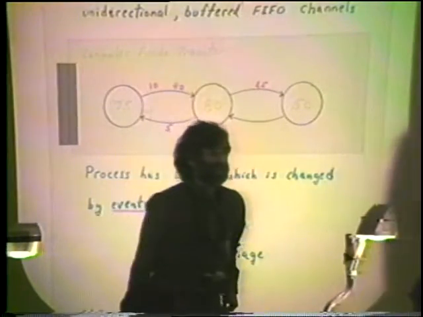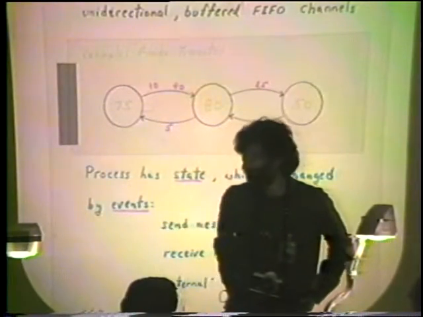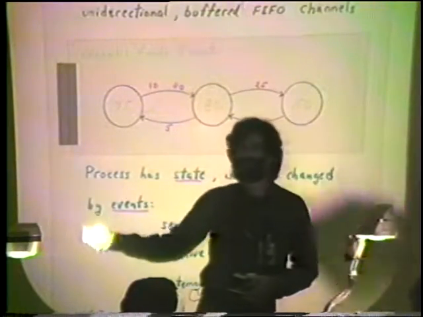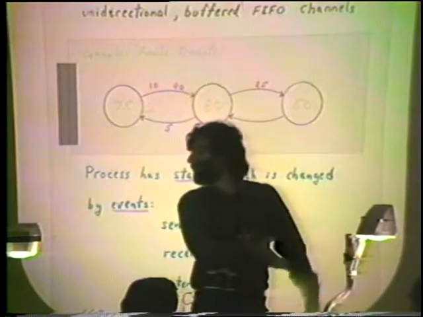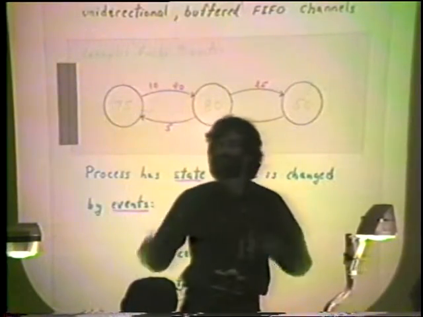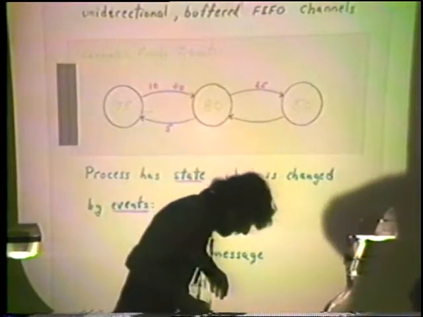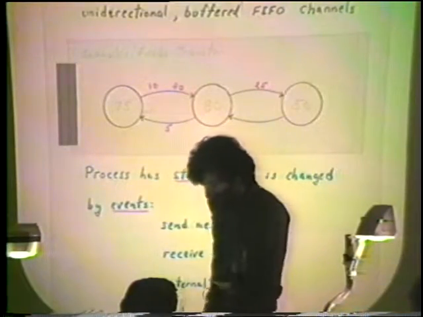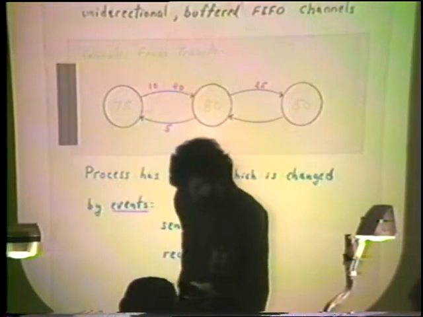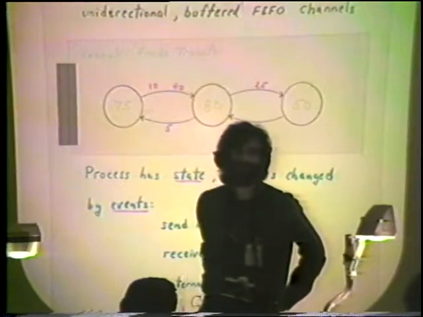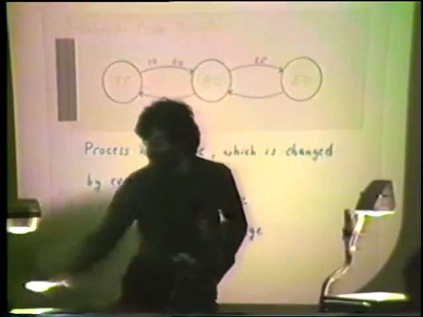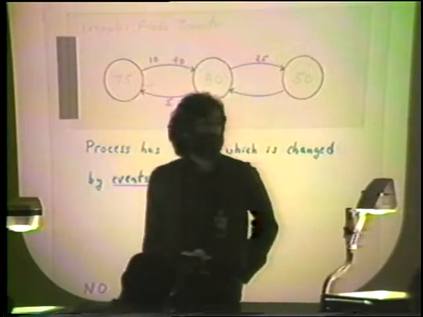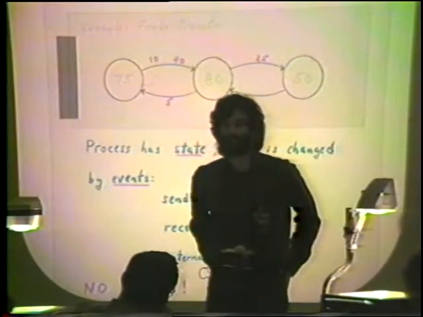And the question is, how do you do that in such a way? Clearly, you can't take a snapshot that was taken yesterday in New York and one that was taken 4 months ago in San Francisco and put them together and expect to get something meaningful. So how do you do this? It's a problem of synchronizing these photographs. There are a number of real-life problems that can be solved if you can take pictures like this. The example I'll be giving is, of course, how much money is in the bank? That's a question that the bank president would like to answer.